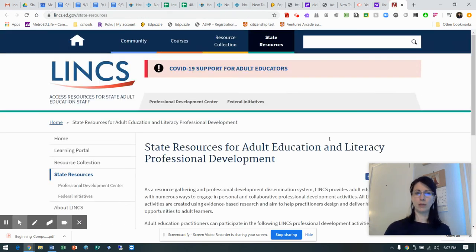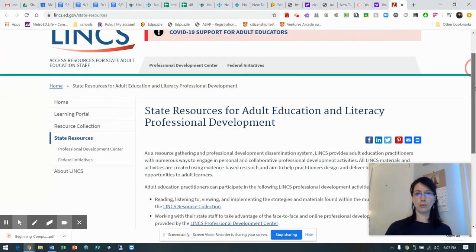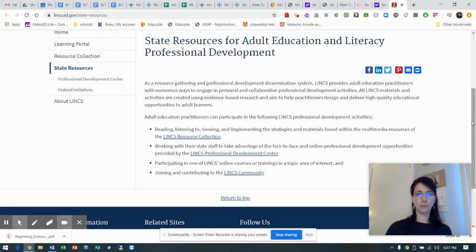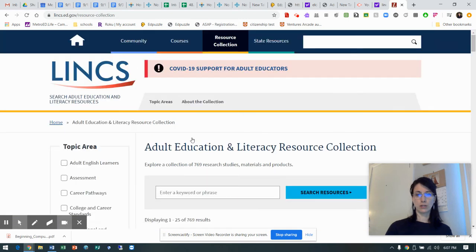And we should be aware of this, right? Everybody should know how to do this by now. Implementing strategies, links, resource for adult ed, and then anything you would like to look at for your standards.